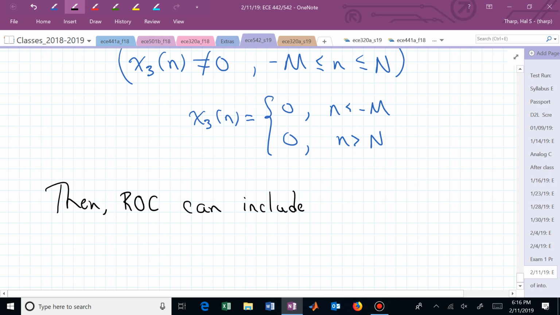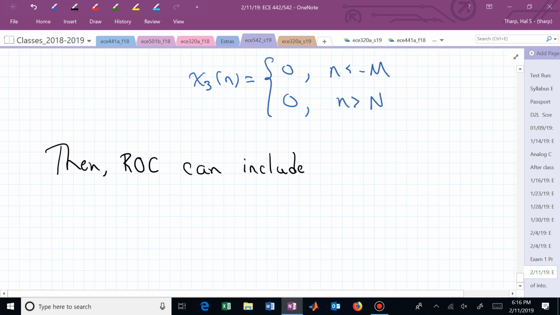What parts of the z-plane are part of our region of convergence? The region of convergence can include all of the complex plane